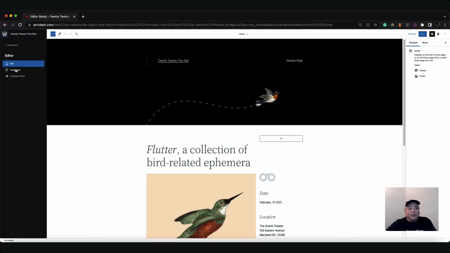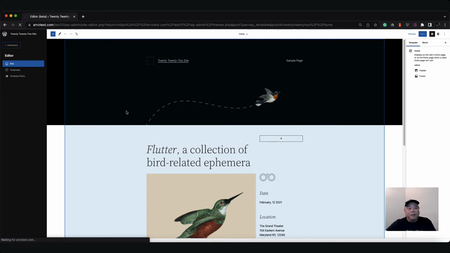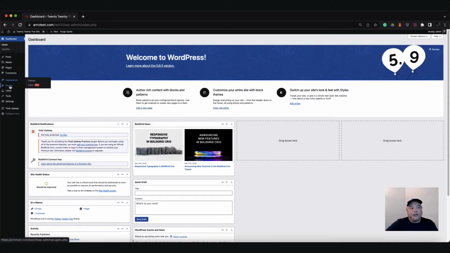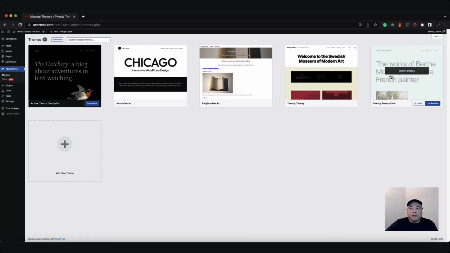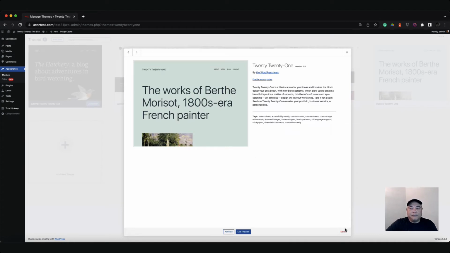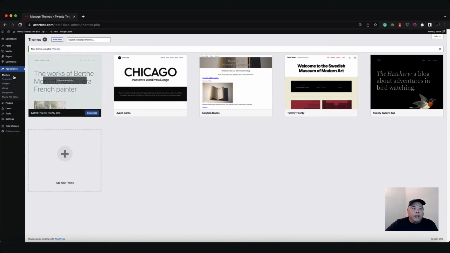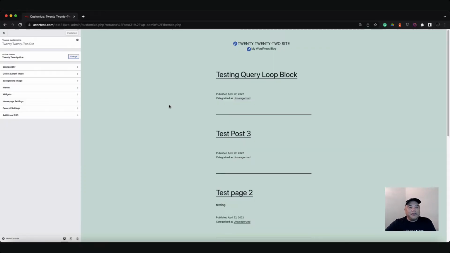Now, if I were to select a different type of theme, an older theme, so I'm going to select one of the older default themes that I have loaded. And what you'll see is a difference in interface. It'll go back to the old interface. And instead of the themes and edit, you see customize here, the widgets, the menus, the background, all the items that were part of an older version of WordPress. If I hit customize, then what you'll see is the older version of the editing for the WordPress page. So let's go back to the